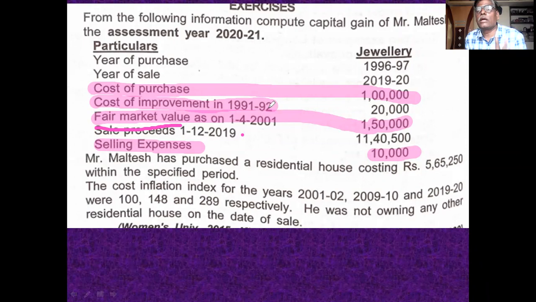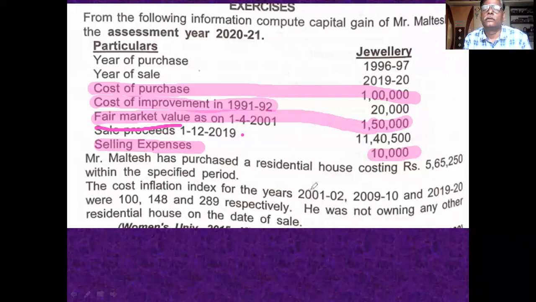After calculating the gross capital gain, there are deductions. You simply remember: sale of residential house, acquisition of residential house. You sell the residential house, acquire or construct the residential house, or invest for residential house. That is the deduction under section 54. Simple point, you remember. And if you sold agriculture land and purchased agriculture land, that is for 54B.